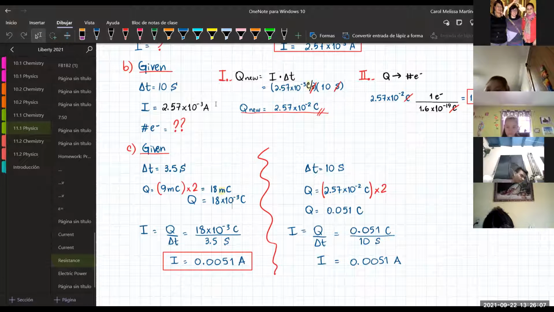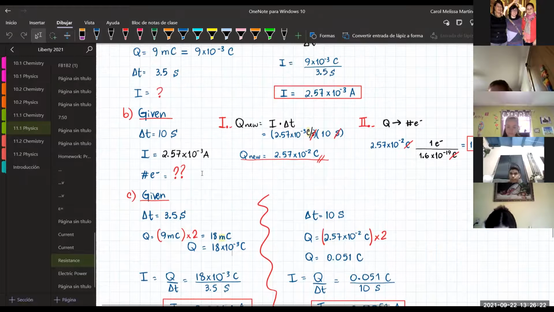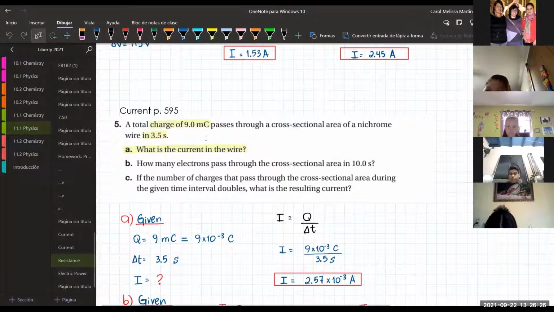So as I told you, choose one pair of givens and work with them. You can either do it with 10 or 3.5 seconds. Just remember to use the charge that corresponds. So remember, for the first part, they are giving you this charge for this specific time, 9 millicoulombs for 3.5